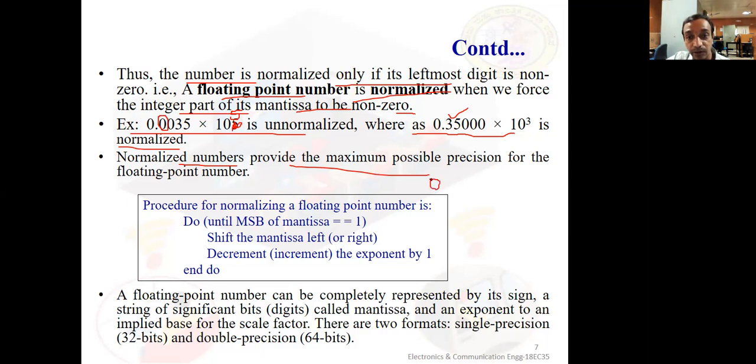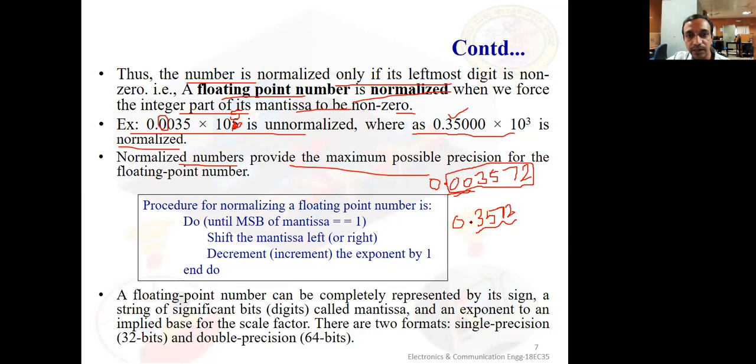What's the meaning? Suppose the original number was like this, let us say 0.003572, something like this. But these zeros, if you multiply by any weight, the output would be zero. So they really do not convey much meaning, and they occupy more space. That is, 6 significant digits are there, but 2 of them are zeros. So instead, I will write this as 0.3572. Now I can represent it with only 4 significant digits, and all are included, no zeros.